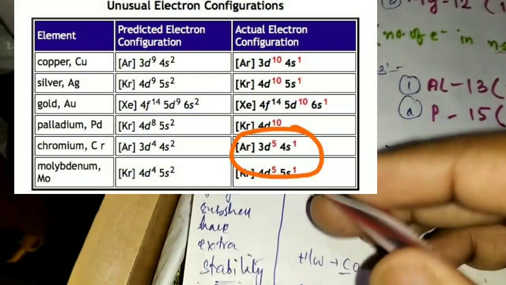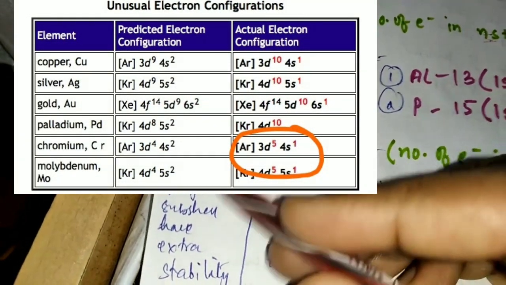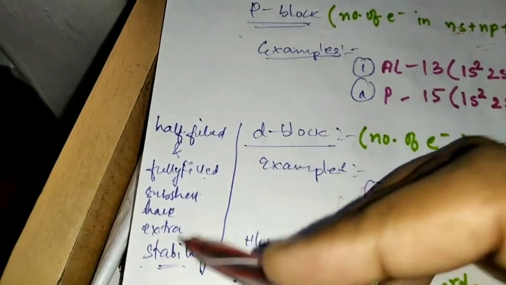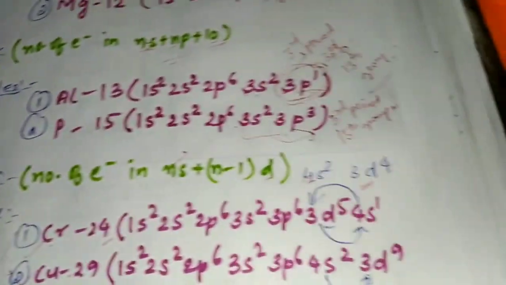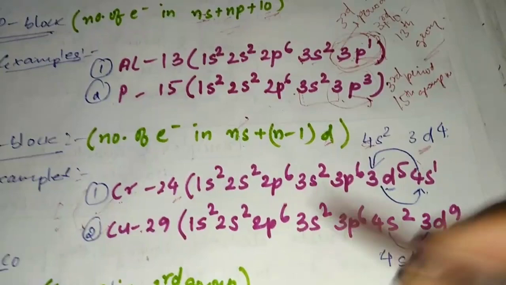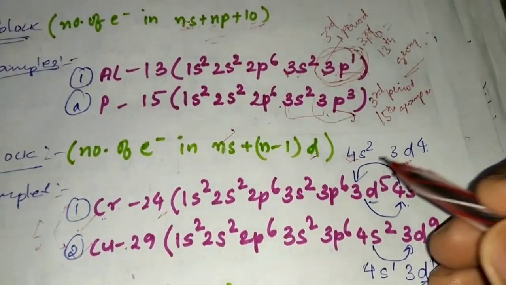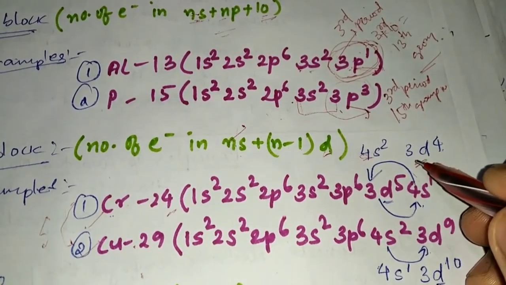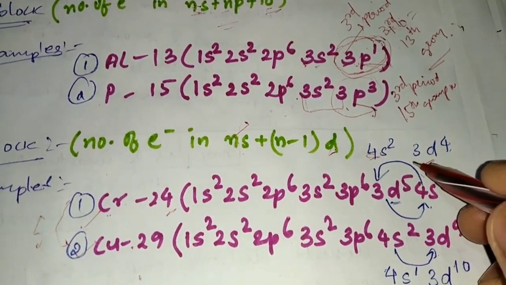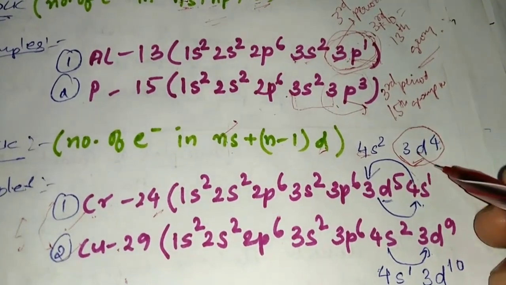it should actually have half-filled or fully filled subshells only. Then only it can have the stability, extra stability. So these 2 elements are exceptional to us. I hope this is much clear to all of you. So now, the outermost electronic configuration will give me the block number. So the outermost electronic configuration is D block here.